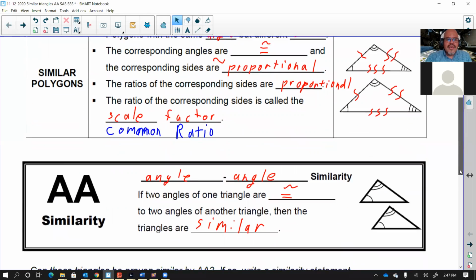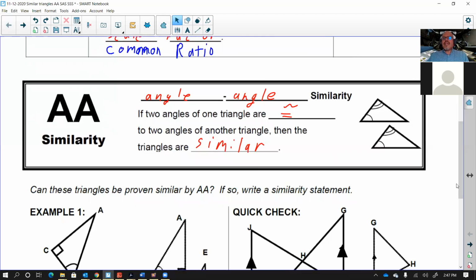Okay, so the first type of similarity that we have is something called angle-angle similarity. So this means right here, we have two corresponding angles, like this corresponding angle is congruent to this one, and this one is congruent to this one over here. If you've got congruent angles like this, then the two triangles are similar. This is also called AAA because it's AAA similarity. And if you notice, if you have two angles that you know are the same, then you can find out what the third one is using the fact that the sum of the angles is always